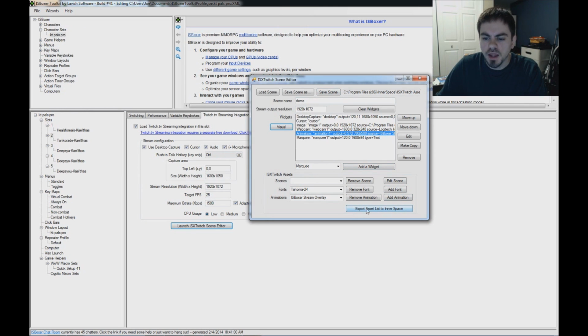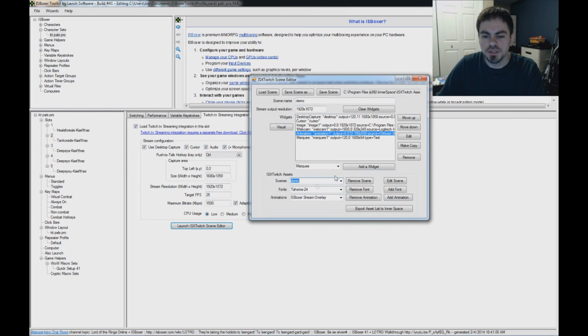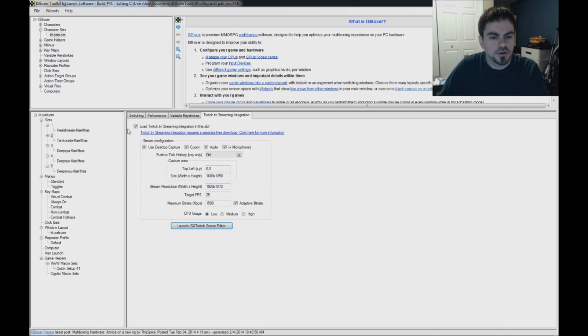Already did that. And because we added or removed fonts or animations, we need to export the asset list to Interspace. That also actually includes the scenes, so they'll show up in the drop-down boxes in the game, so you can pick them there. Now, real quickly before I go into the game, I'll show you